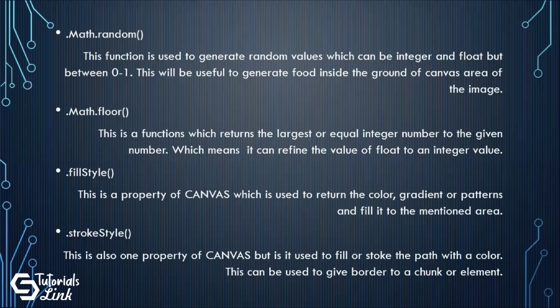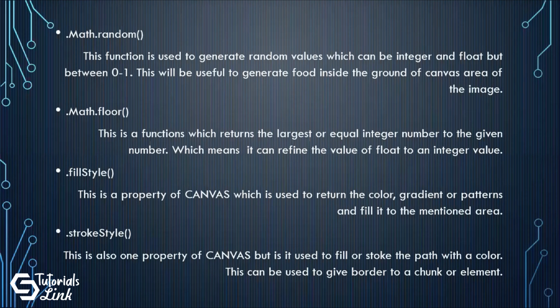So these are some of the functions which I mentioned. Some of you are well aware of this, still we will just go through it. First of all, this is Math.random. What it does is that it gives a float between 0 and 1 whenever we call this function, and it generates a random value. This will be very useful for us to generate the food. So let's imagine the snake eats the food. So next time where will the food generate? We will use the Math.random function to generate a random position for the food. And we will do other things also.